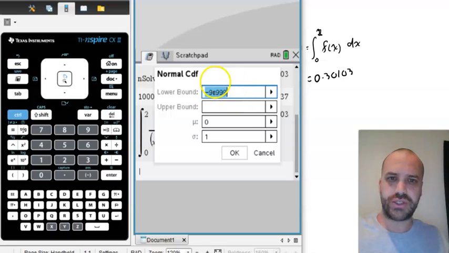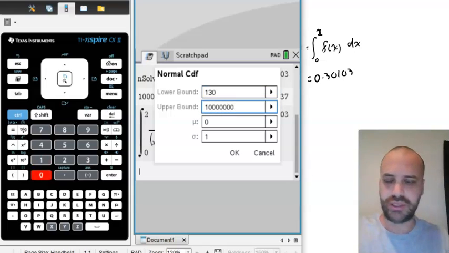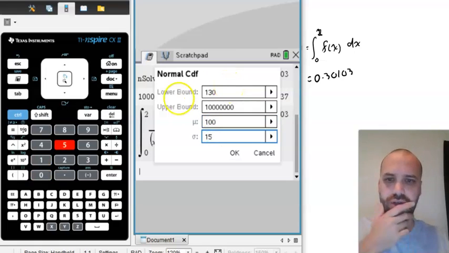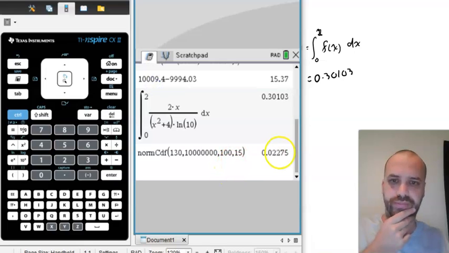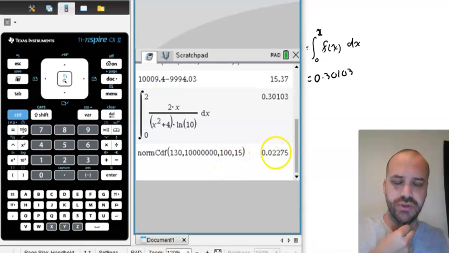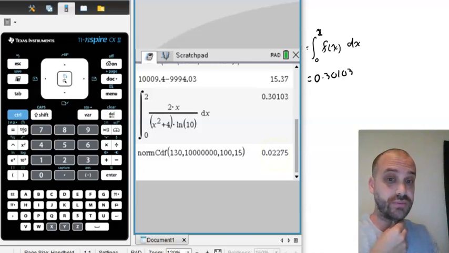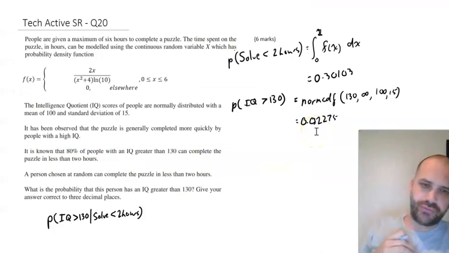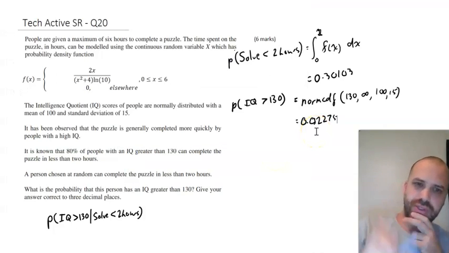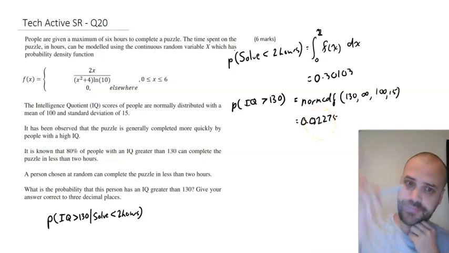So what do we want to do? More than 130, right? So let's go a lower bound of 130, an upper bound of 1 million, smartest dude alive. Normal distribution of 100, standard deviation of 15, and 0.02275. Now, if you noticed a small crack in my confident exterior, that's because I, in my head, did not